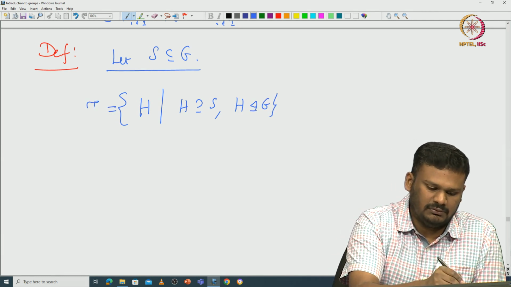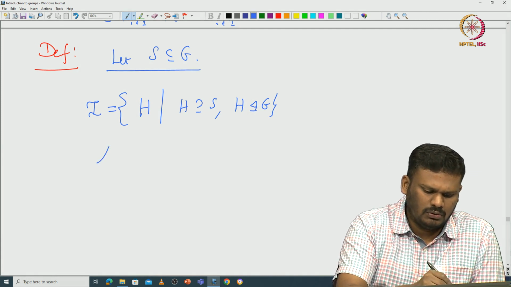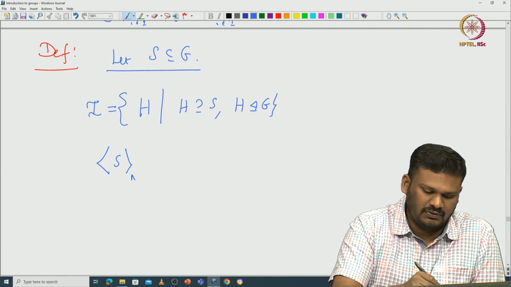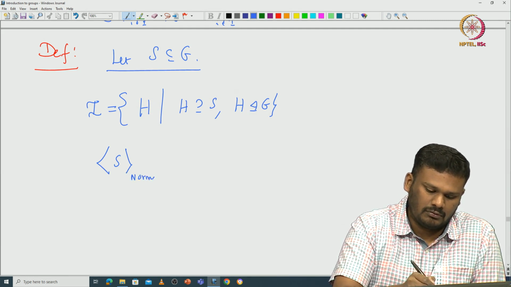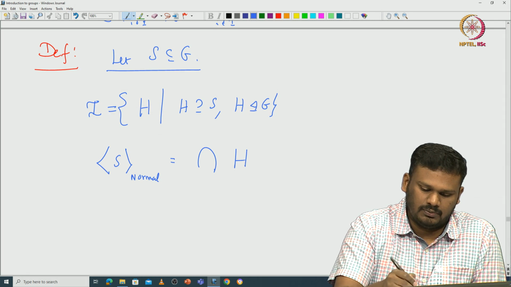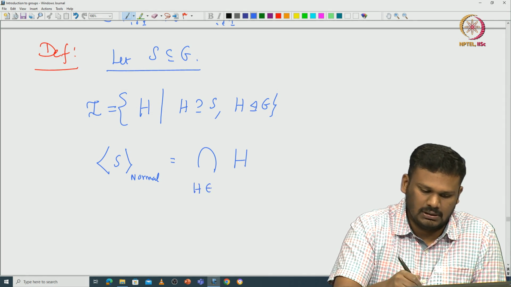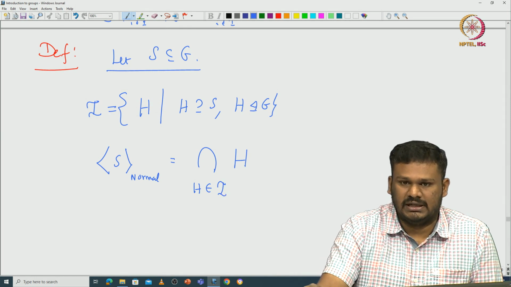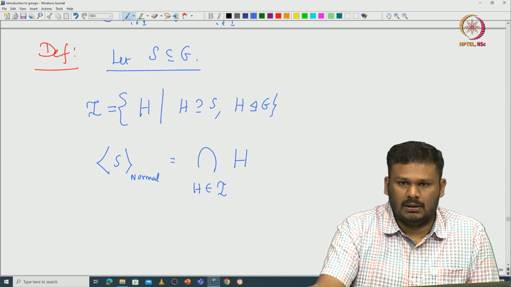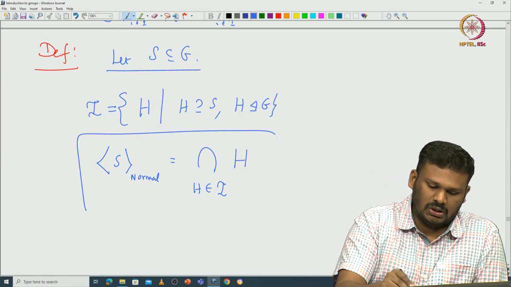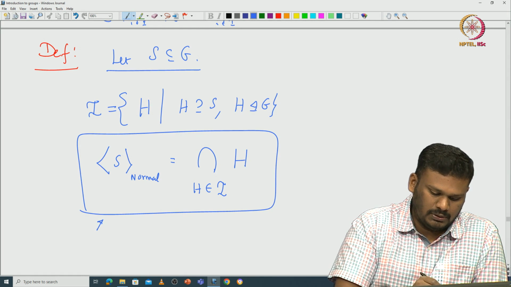Then you can take the normal subgroup generated by S, which we denote by the bracket notation with normal. This is just the intersection of all the groups coming from this collection I. So, take the intersection of all normal subgroups of G that contain S as a subset. That is the definition of the normal subgroup